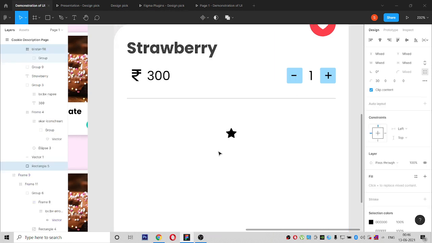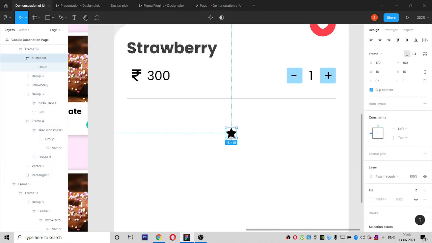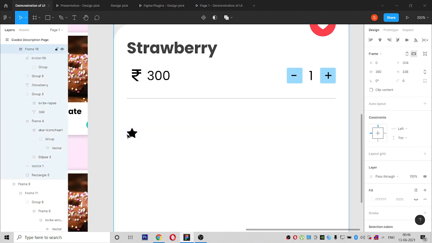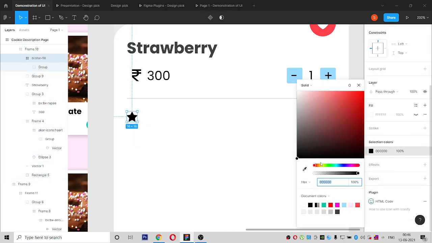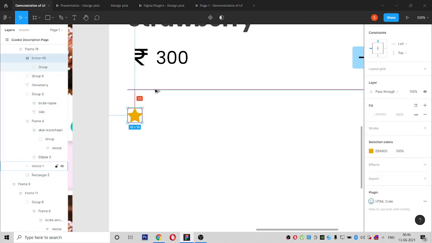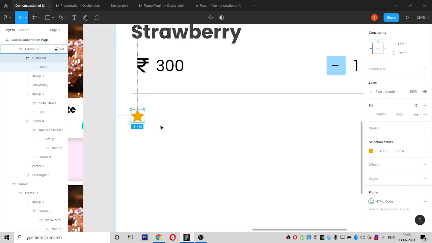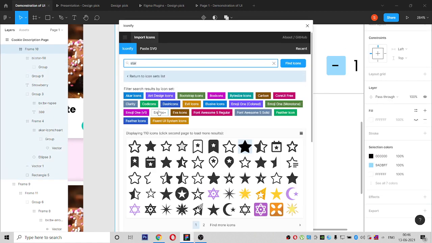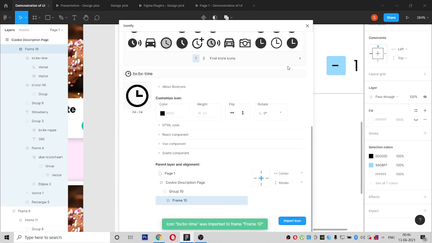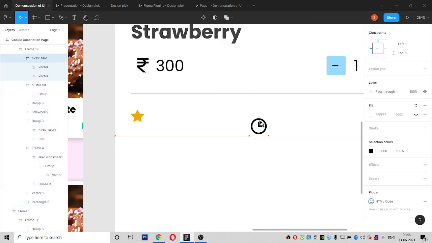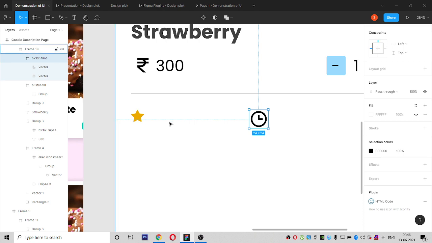we'll upload this icon. Star mostly it comes to orange. The other one is preparation time. I'm taking this icon. This also I think it should be in 60.